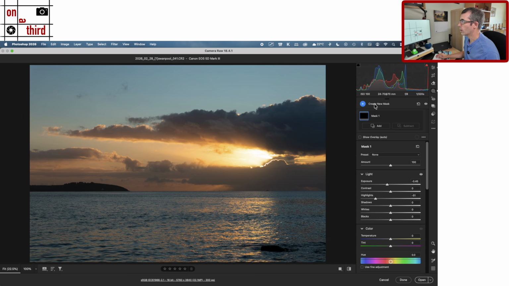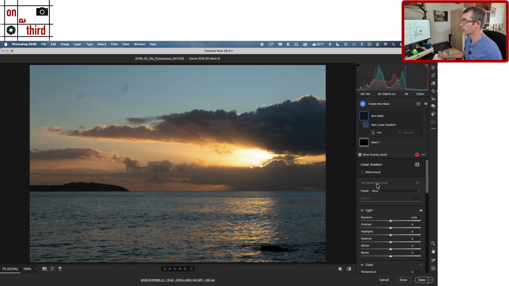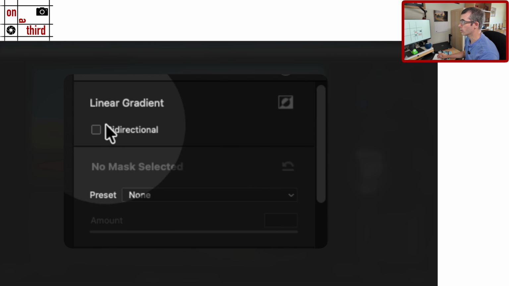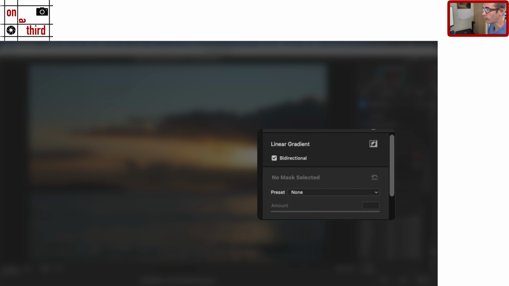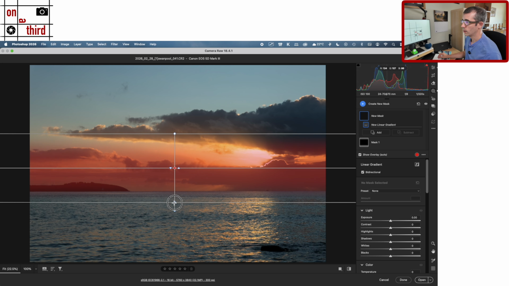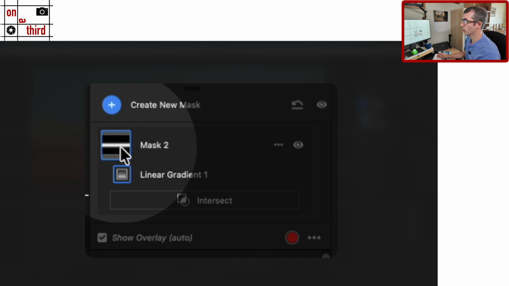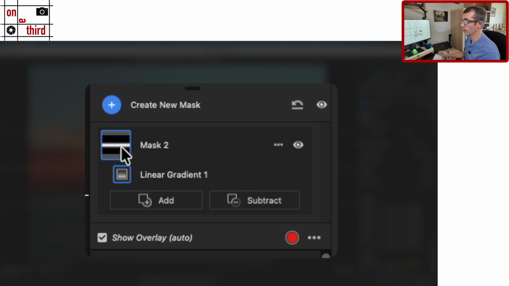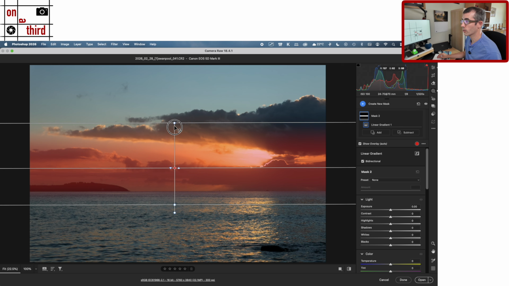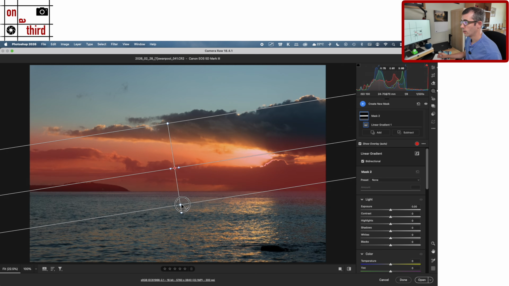So with this new tool, you just create a new mask as normal, select a linear gradient, but you can see here we've got this new option under linear gradient, bidirectional, and it's literally just a case of ticking that. And now when we draw the mask, we get this cool effect of this double arrow. If we now look at the mask over here, we've only got this white band right through the middle of the image. And we can affect both sides individually. So you can see I'm making the top side bigger, or I can just do it on the bottom side. So it's very